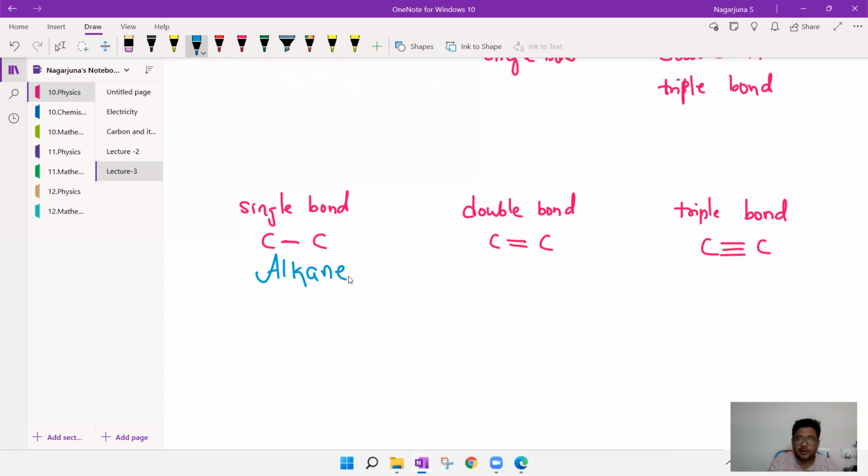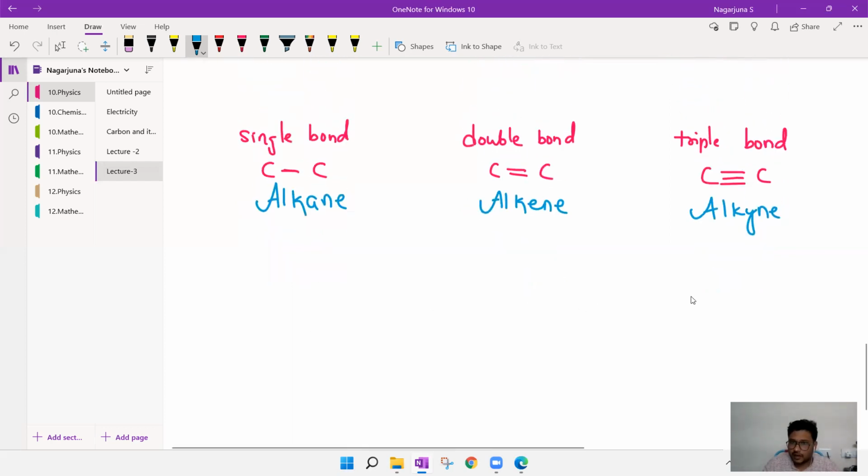And there are many hydrocarbon compounds we can get with only single bonds. And if you find a functional group with many hydrocarbon compounds with double bonds, we are calling it alkene. First one is alkane, single bond. Second one is alkene. Third one is alkyne, the functional group where we find hydrocarbon compounds with triple bond between carbon. So there are three functional groups we are talking about: alkane, alkene, alkyne. In alkane, we find only single bond between carbon. In alkene, double bond between carbon. And in alkyne, triple bond between carbon.